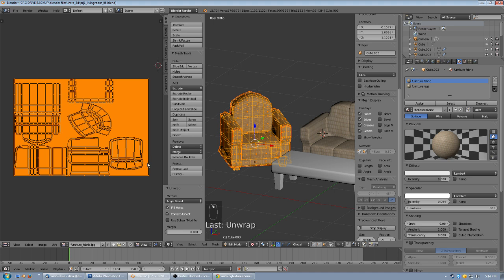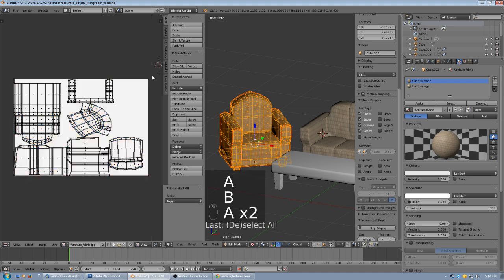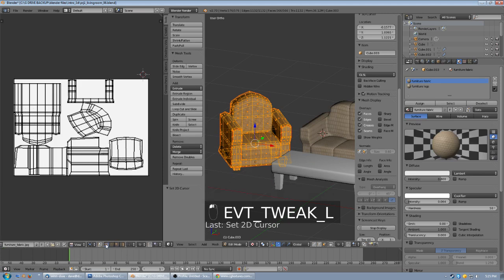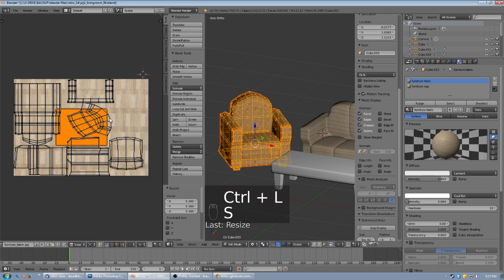So it's kind of skewed over here. Let's select what will be the legs. If I can, I think I'm still in, yeah. Select the vertex select mode so I can select that corner vertex group there. Control L. This will be the legs. So let's move that up. Okay, so now we just have to rearrange